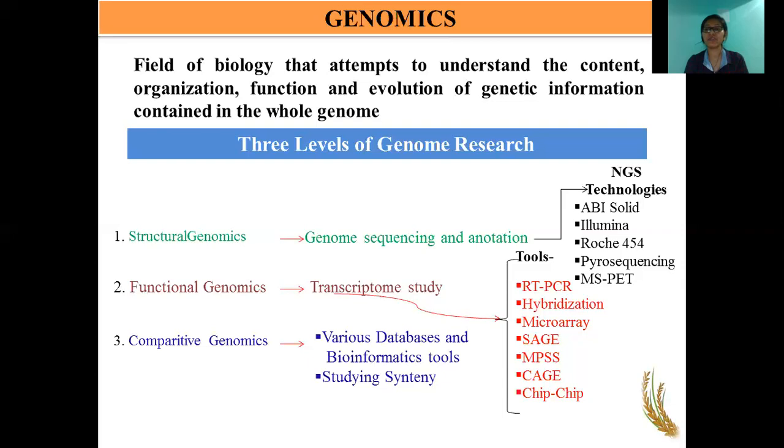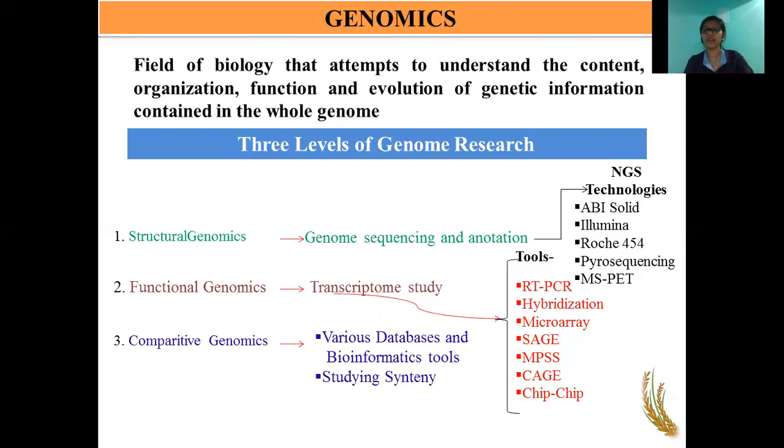Next, come to functional genomics. In functional genomics, you study the transcriptome of an individual. You compare the transcriptome profile of an individual, meaning you study the expression analysis of different individuals or a single individual at different growth stages. For that, you can use RT-PCR, semi-quantitative RT-PCR, or qPCR. Some hybridization based techniques are also useful in identification of particular transcript abundance, or what kinds of mRNA are synthesized in that particular tissue.